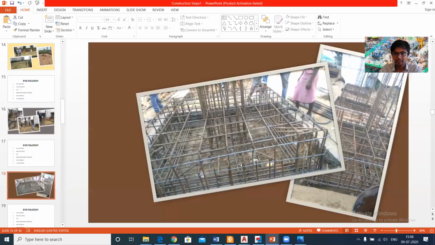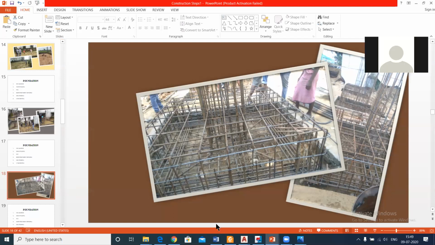As you can see in this image also, the column reinforcement is fitted inside the footing. So for transferring the stress from the reinforcement of the column to the reinforcement of the footing, the starter bars are provided in every column connected to your footing. Okay, so I hope I am clear now.